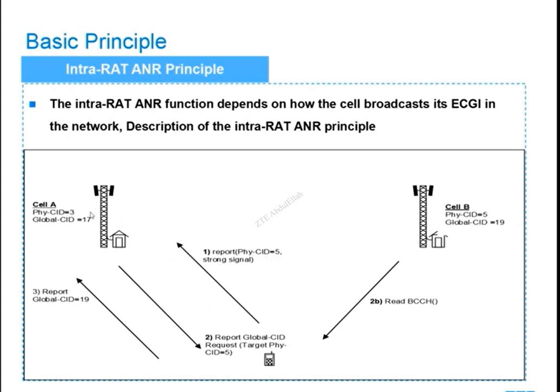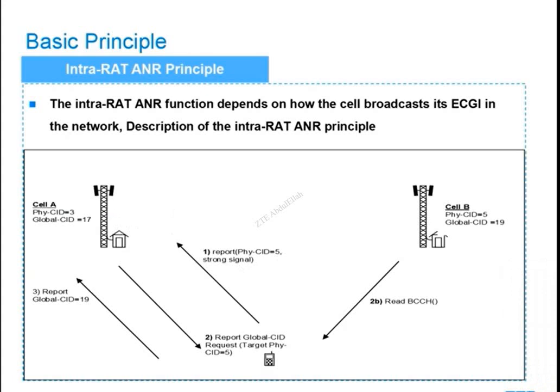Here we consider the serving cell is cell A. The serving cell PCI is 3 and the ECGI is 17. The cell will compare the reported PCI to the neighbor relations. If the PCI is unknown,